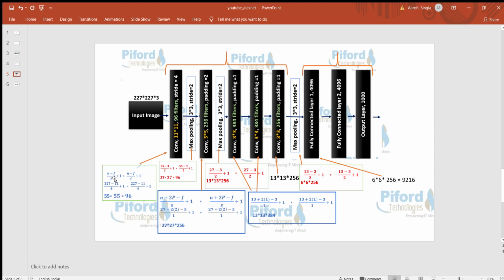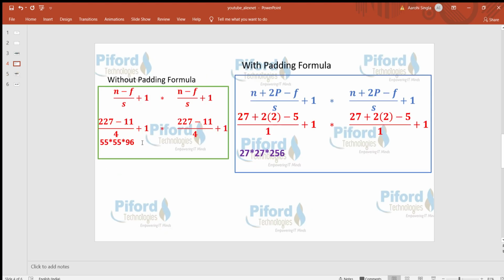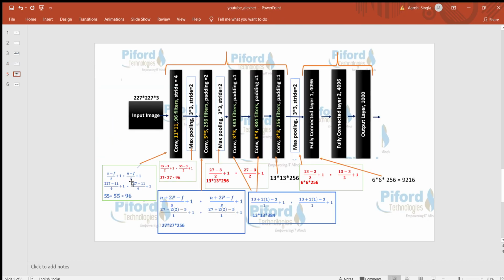The input size is 227, which I just explained to you. So after the first convolutional layer, what will be the output? 55 into 55 into 96. The original size of the image is 227 into 227 into 3, and after running it through the first convolutional layer, the image size became 55 into 55 into 96.